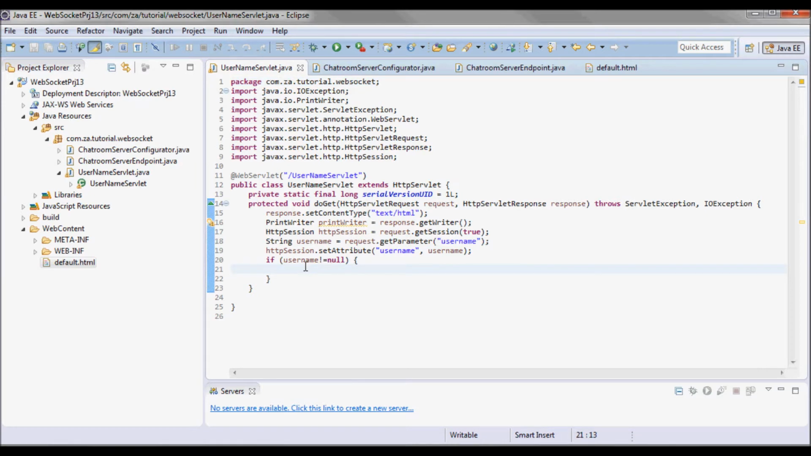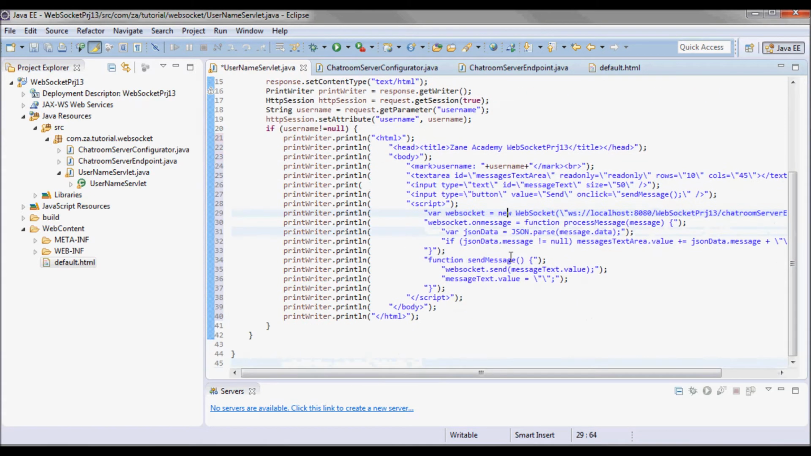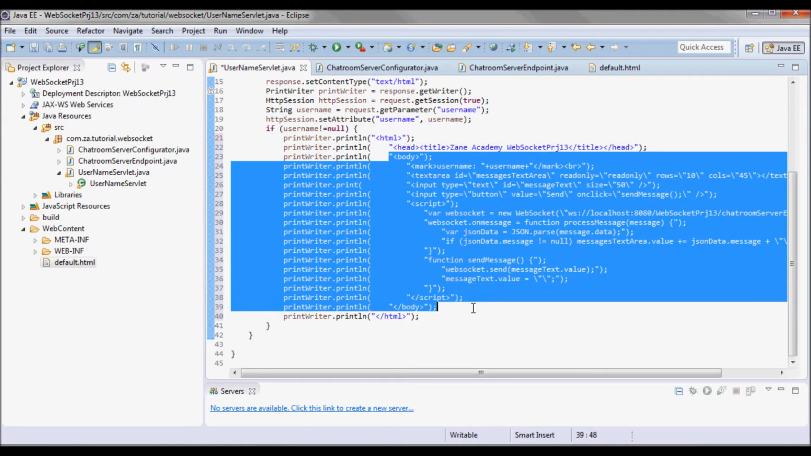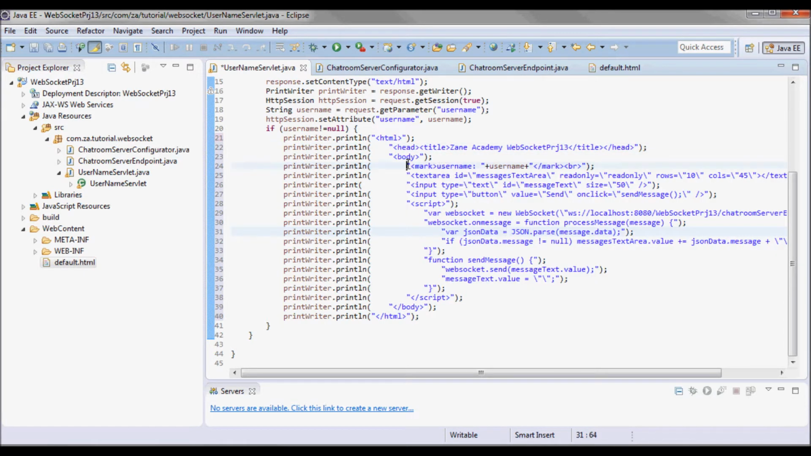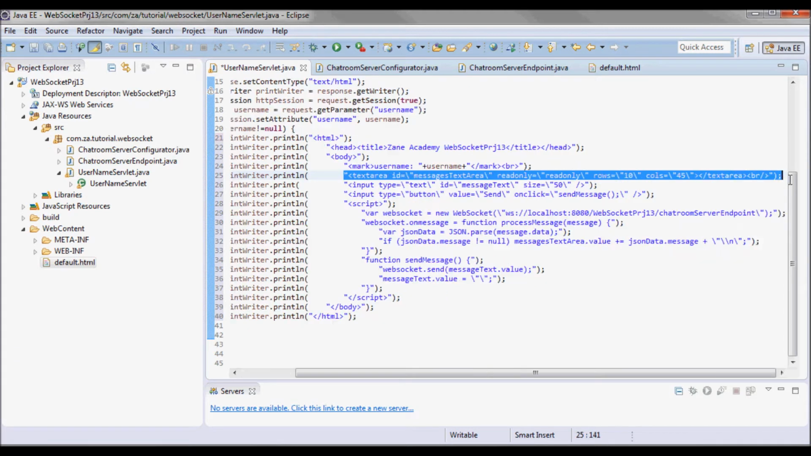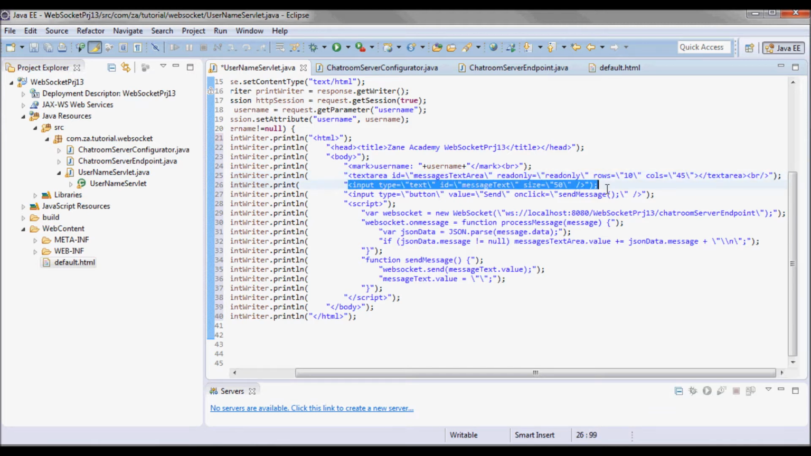And this is HTML content that I will be returning. So this is the title, and inside the body, first I'll display the username, and I'll have a text area where the messages exchanged will be displayed, and I'll have a text input field for entering the messages, and a send button. Then when clicked, the sendMessage JavaScript function will be invoked,